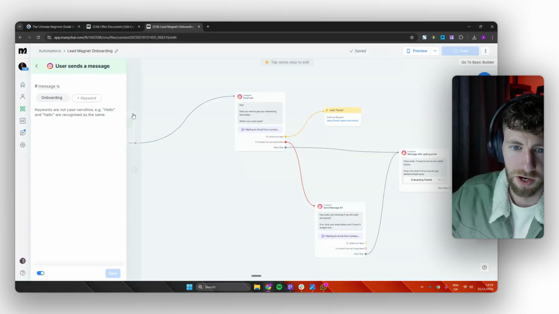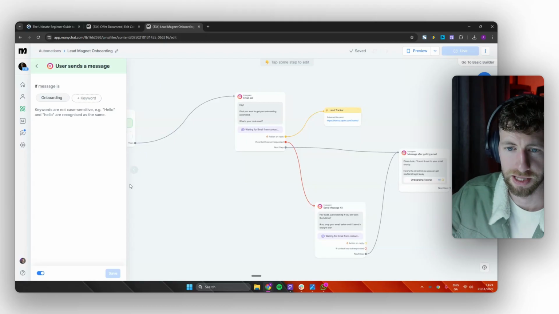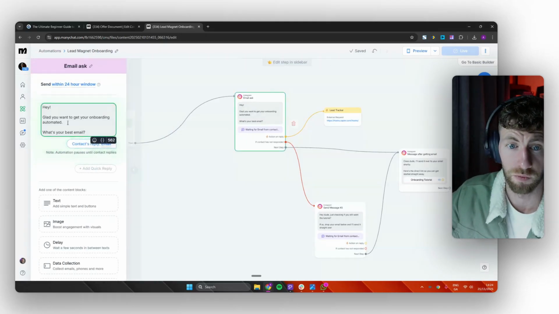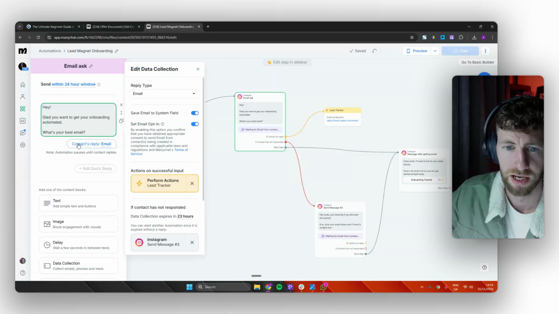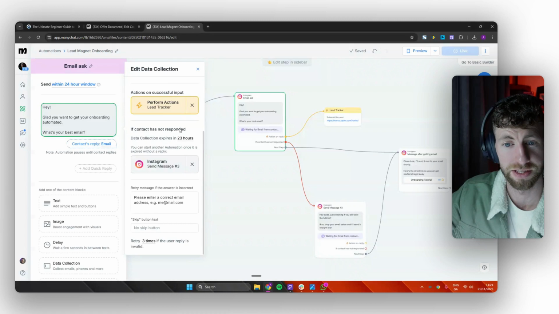So first of all, what is the actual opt-in? If you have a resource, put in whatever keywords you're going to be using. After that, we have the first message, which again asks for an email address, the usual details. Save, turn on, and then from here, please use a correct email address. But then this part here, where a contact has not responded,